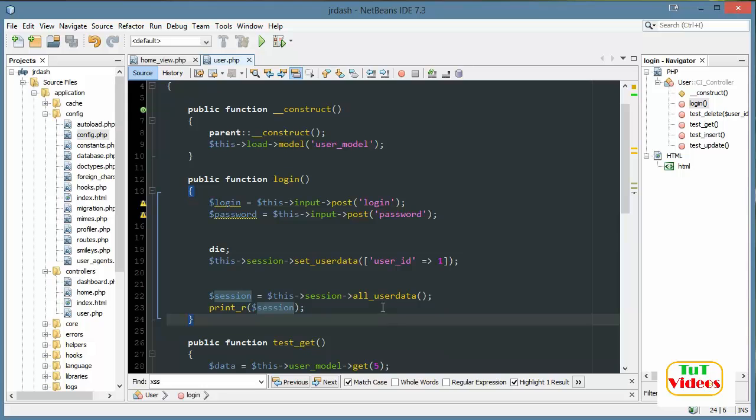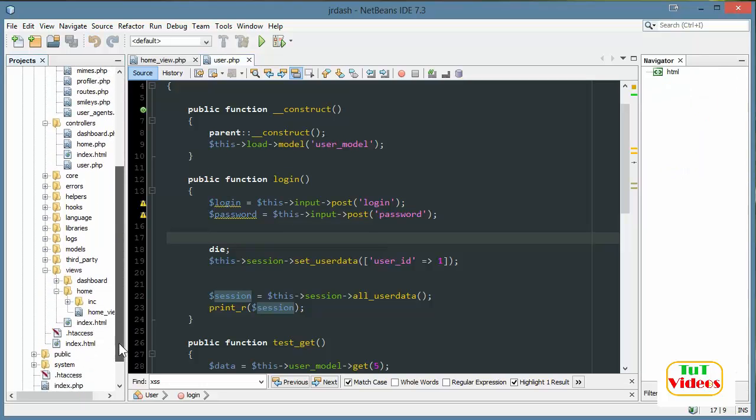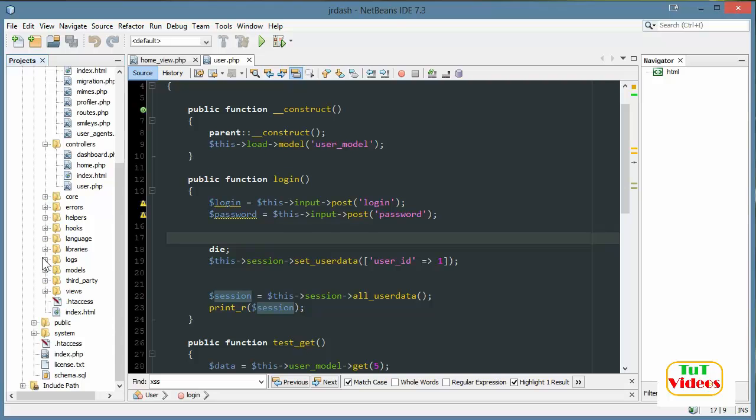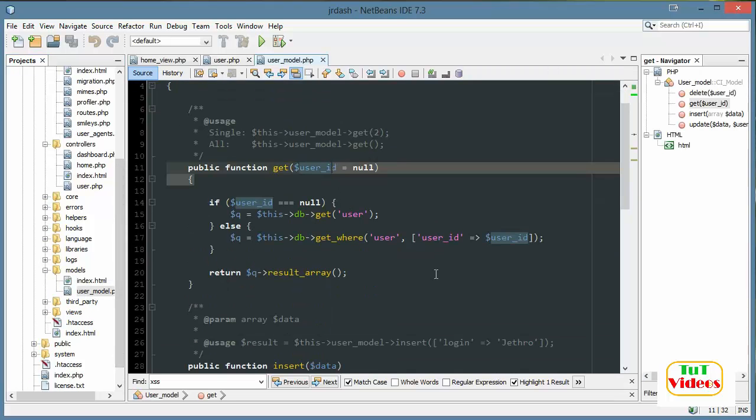Okay, now when I look at this, it kind of indicates I need to refactor the user model a little bit. Where we would be able to pass in a custom value. So let me briefly open up the models folder and go to user. And my get, I want to be able to do a where statement because I want to see where the user ID is